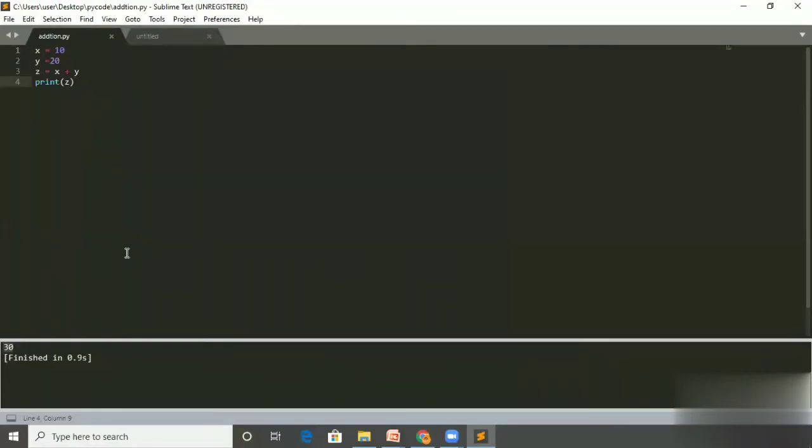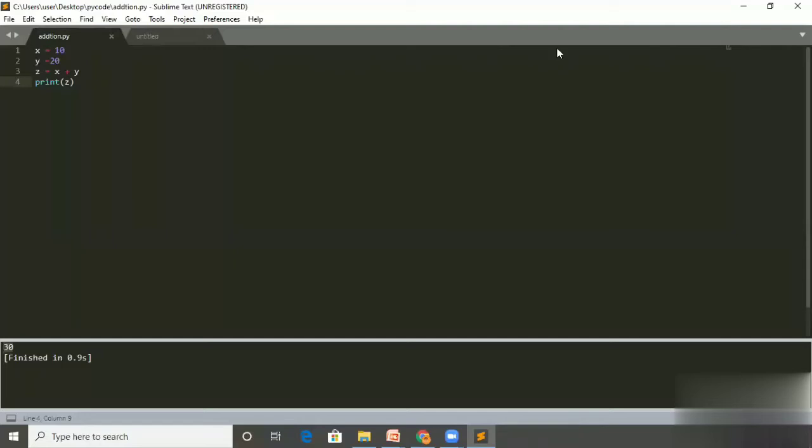I'm using this Sublime Text for the second time, so it is not asking me anything. But if you are using it for the first time, it will ask you about the programming language. This Sublime Text editor is paid software. See here, there is the word unregistered. Sometimes it will pop up and ask you to purchase this software, but simply ignore the pop-ups, and then you can use Sublime Text as a free version. But I recommend that if you are really using it for a long time, you can purchase it also.